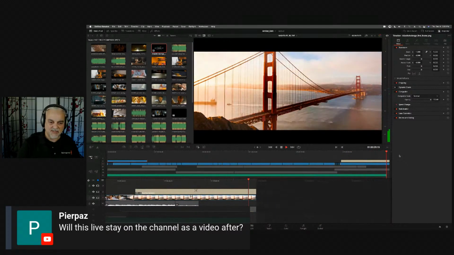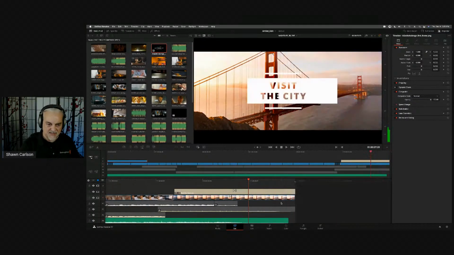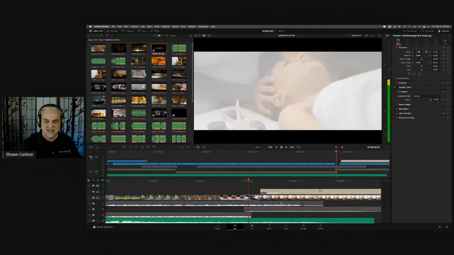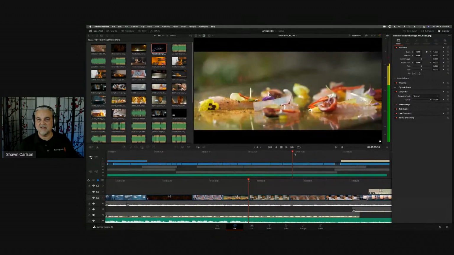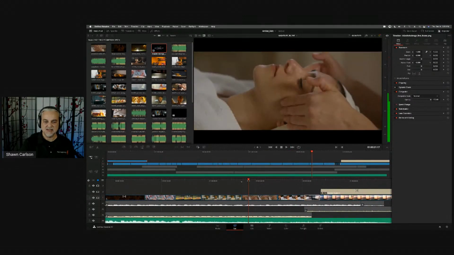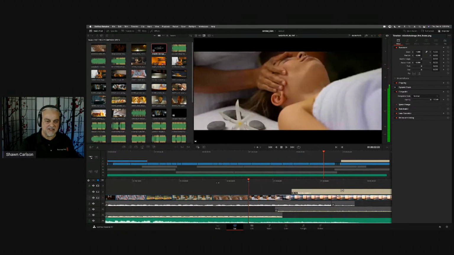So I kept this short and sweet, just so I can talk more about the features here. The tools themselves, in the cut page, I'm looking at dual timelines. So I always have this upper timeline, which is essentially like an overview of my whole cut. And then I have this lower timeline that's expanded. And I would imagine that a lot of you are probably familiar with Resolve. I've seen some of the comments that,